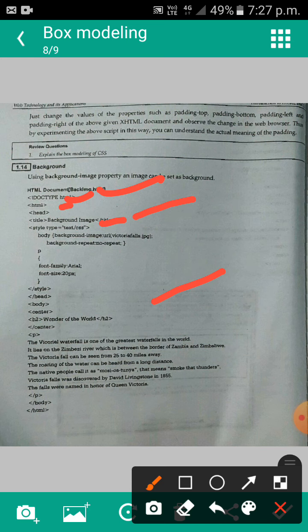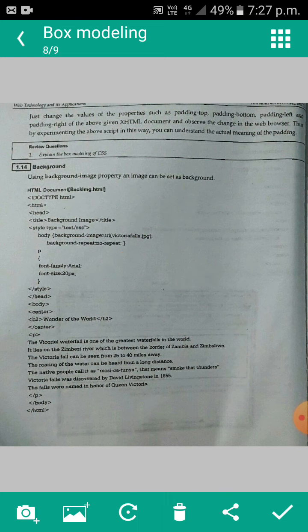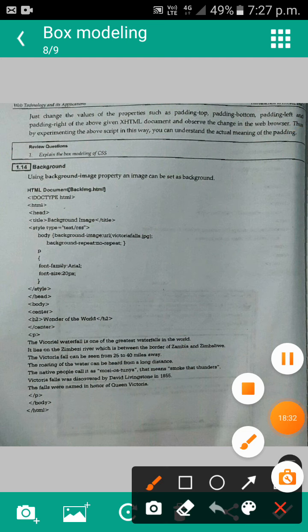Okay, then for the paragraph, font-family Arial and font-size 20 pixels. This is for the background image, our image victoriafall.jpg. We use that to display the image in our background, and close the style and head tag.